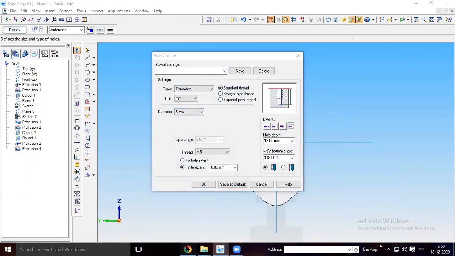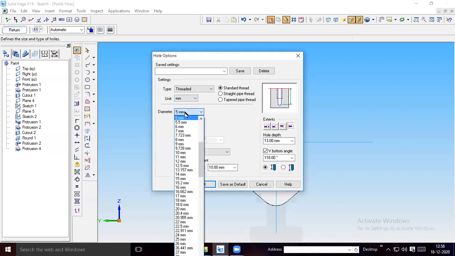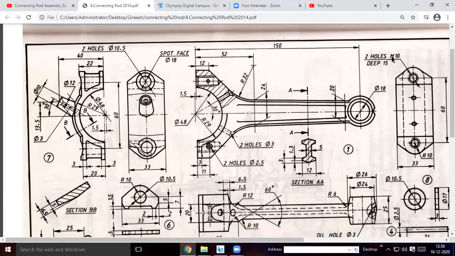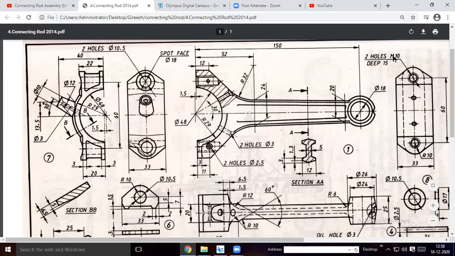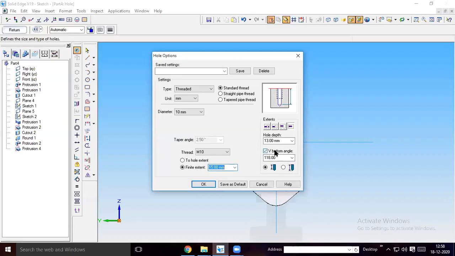The diameter will be how much? Threaded hole of diameter M10, depth 15. Okay, diameter will be 10 mm. Finite extent, depth 15 mm. We want a V bottom also. We already selected it.